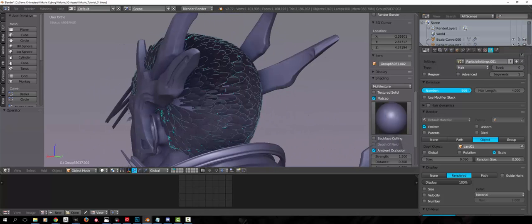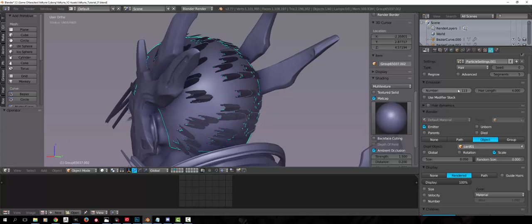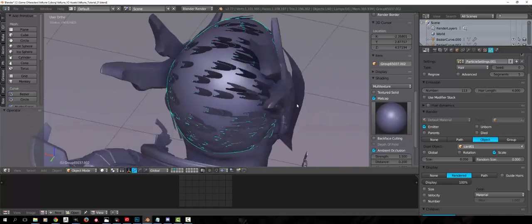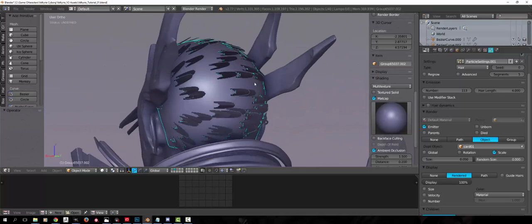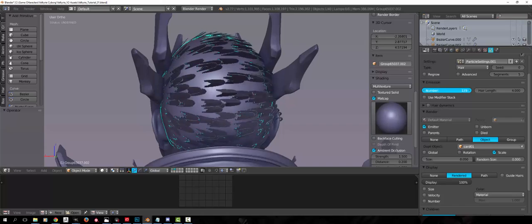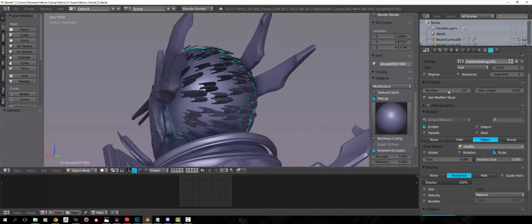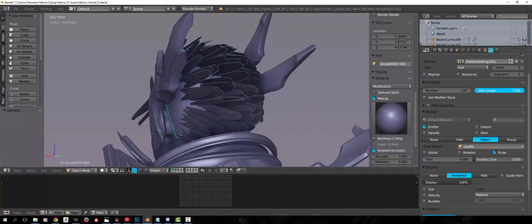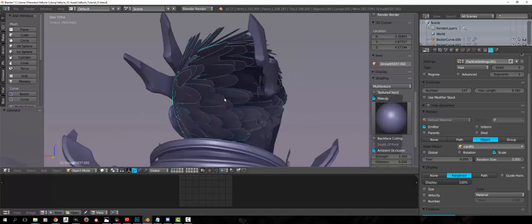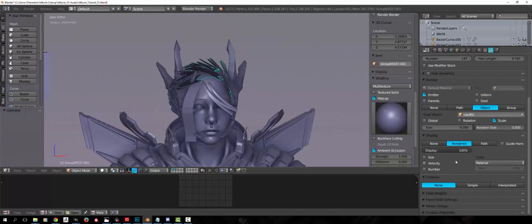So you can decrease the number here, because right now it's 1000, that's way too much, and it's way too poly heavy to be game ready. That would be a cinematic kind of quality. So that's the way you could do it. And then you can increase the hair length, the size of it like this, and then you should be able to